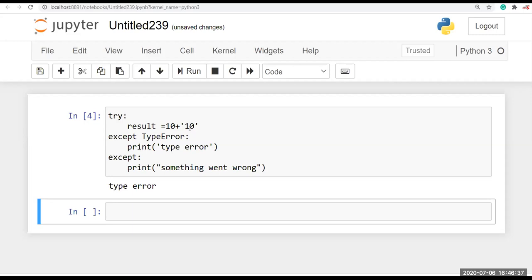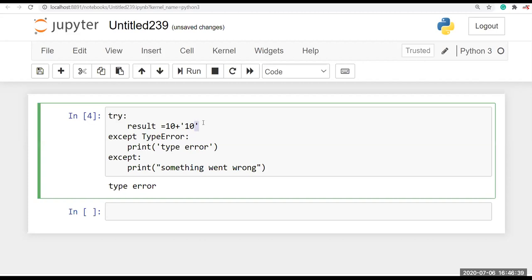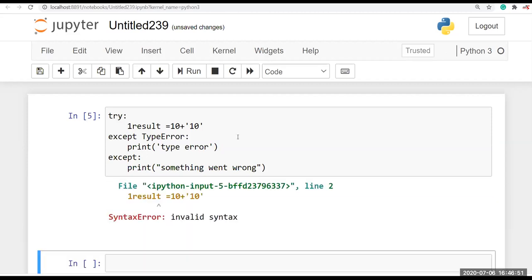Okay, so we can write an except block for each error type. Then here I'm going to give one. So we know that we can't use numbers in front of variables. I'm going to run this. So it's a syntax error, that is invalid syntax.